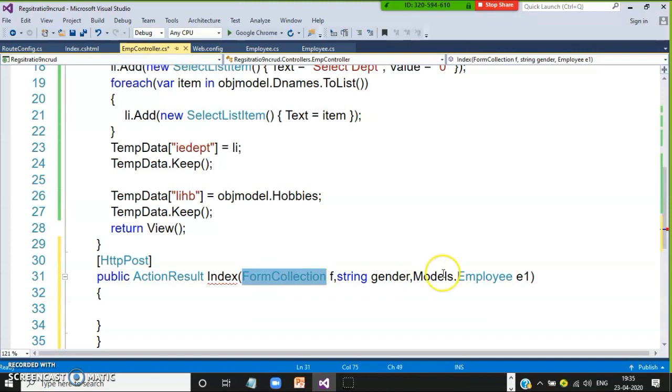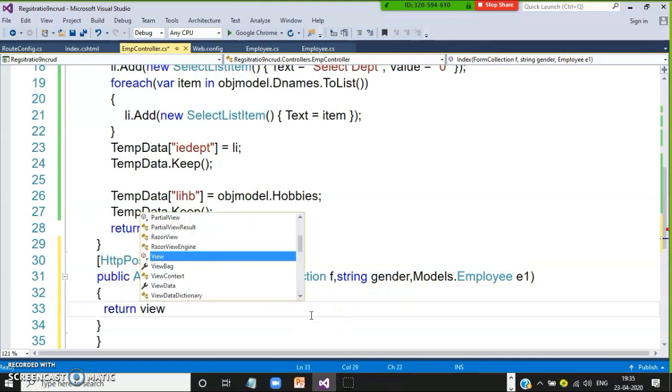Okay? And for the other employee number, name, salary, you use the model object. And for the radio button you use gender. So whenever you enter the input values in the text boxes, finally all the values are stored in F, gender and E1. But finally in E1 you have to send the value. If you want, you can say return view of.